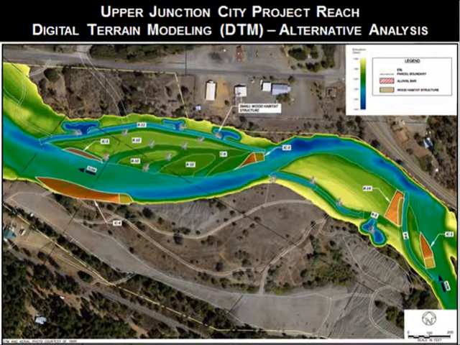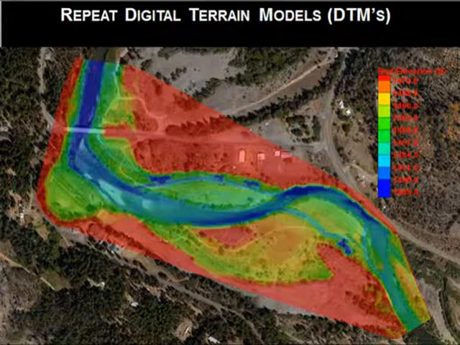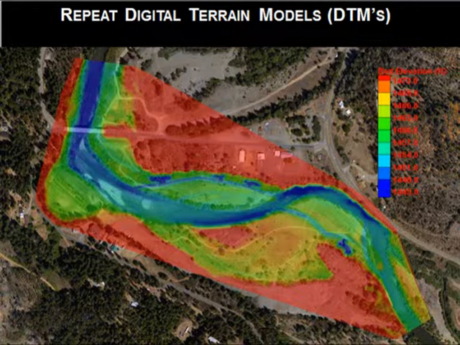The other thing we've really focused on is the development of very detailed terrain models of our various alternatives. In prior years, we used a lot of two-dimensional alternatives, whereas most recently we've been using three-dimensional terrain models to evaluate various alternatives. That way we can use hydrodynamic models, et cetera, to help inform those and use the metrics associated with the 3D perspective. This is an example of the design at Upper Junction City, and another shot of the terrain model of the design.